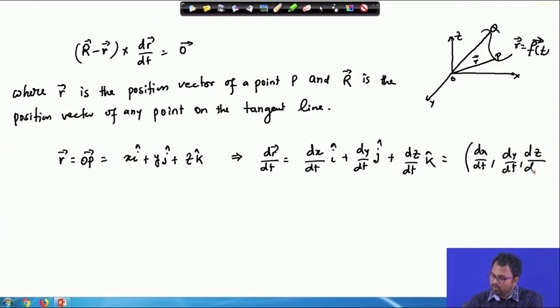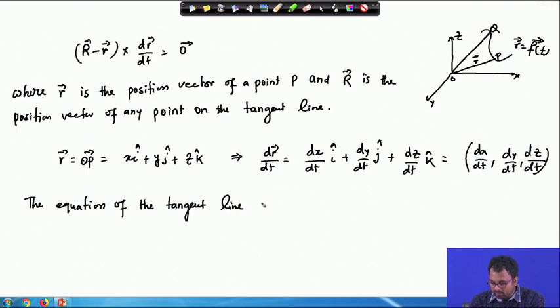So of course it's up to you whether you write in terms of i, j, and k, or you write it as a triplet. All right. So the equation of the tangent line at the point P is given by,